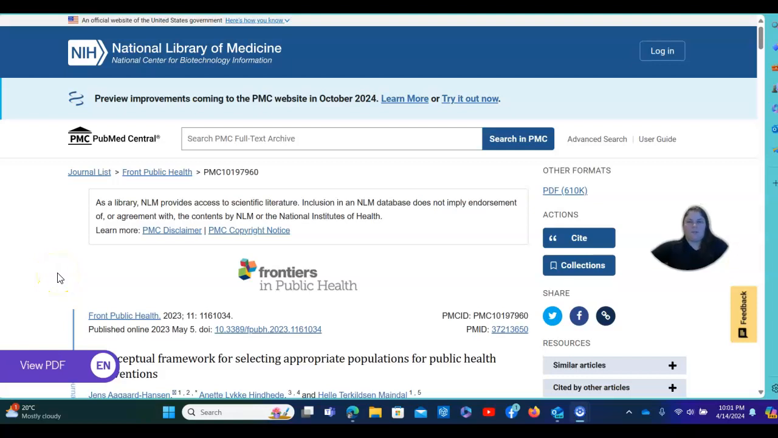Hi class, I want to briefly talk to you about one of the articles that are assigned for reading this week because this includes information that's really important for when you're thinking about setting up a program or an intervention or a health education curriculum. And this article is from the National Library of Medicine,